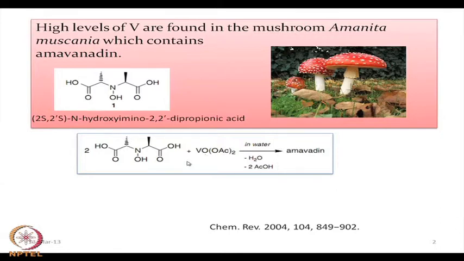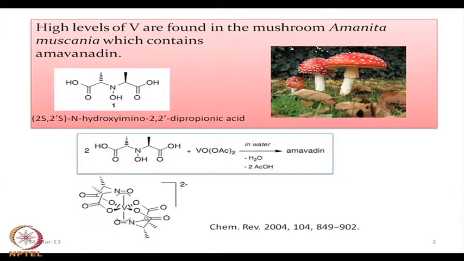So, vanadine would be a very useful molecule, because these low molecular weight ligands can be available in these mushrooms, and vanadium can be stored nicely over there. So, in this particular form, what we see is that this vanadium can form 4 such binding positions with the carboxy OH groups. So, 4 such groups are there, and these NO functions can bind differently. When we have the imino function, we get direct binding of this nitrogen to the vanadium, this nitrogen to the vanadium,